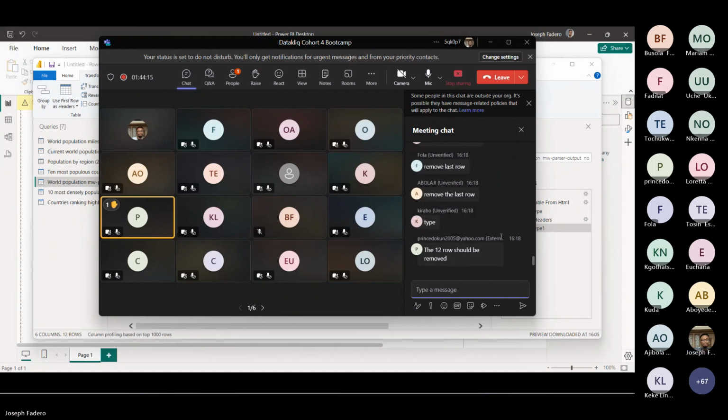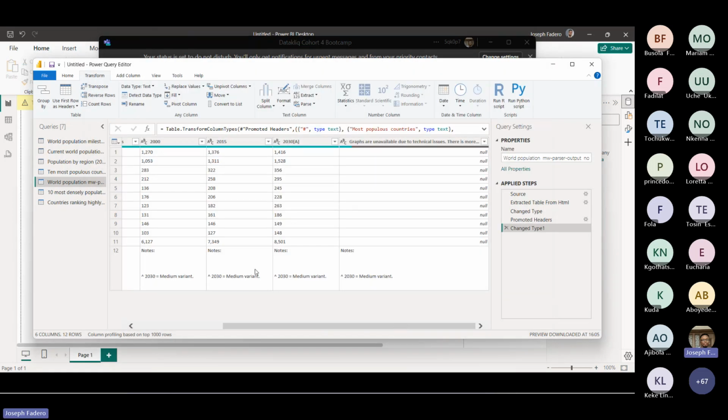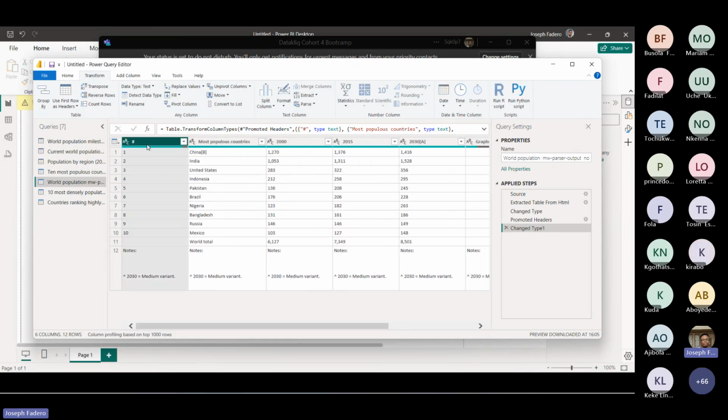So Fola said remove the last row. Exactly. I like that option. So how can we go ahead to remove the last row? We know before we promote, use first row as headers. But to remove the last row, where did I go?